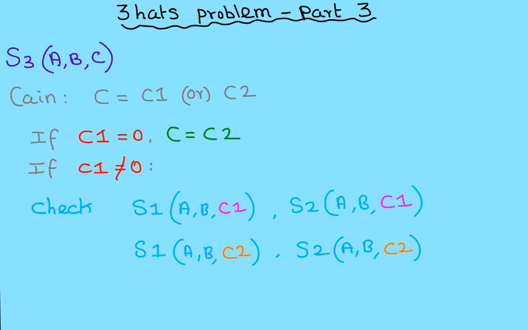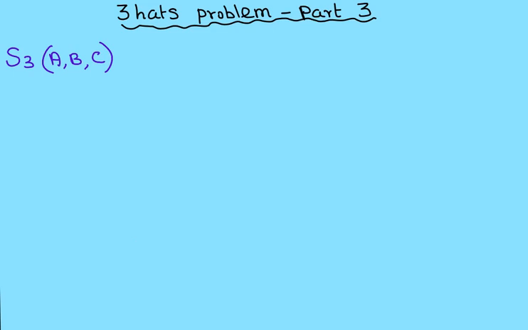So if the other value results in any of these statements being 1, then he can eliminate that number and claim the other value as his number. In other words, if for both of the values the first two statements remain 0, then he says I don't know. So statement 3, S3 of ABC is equal to 0 if c1 is not equal to 0